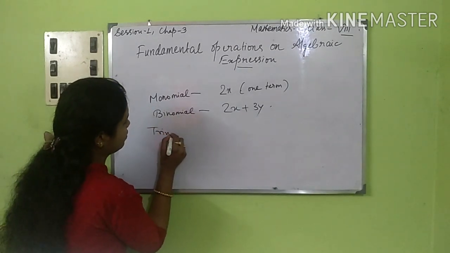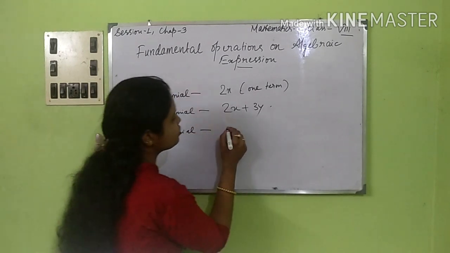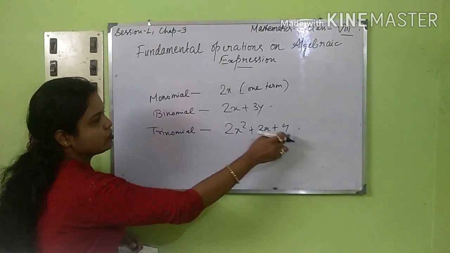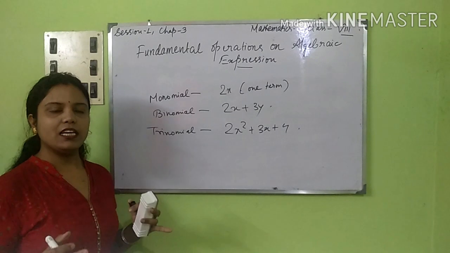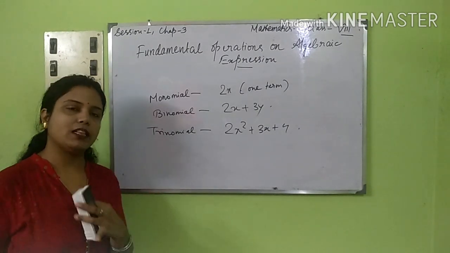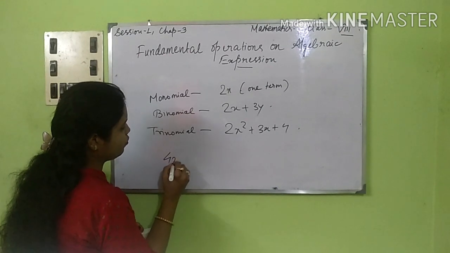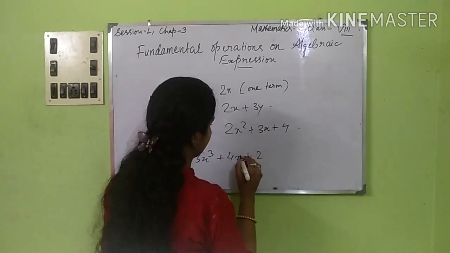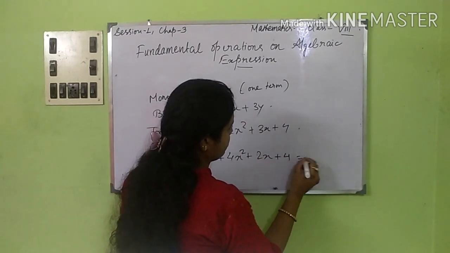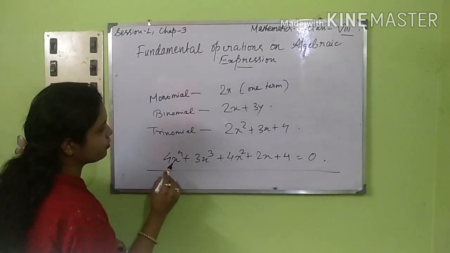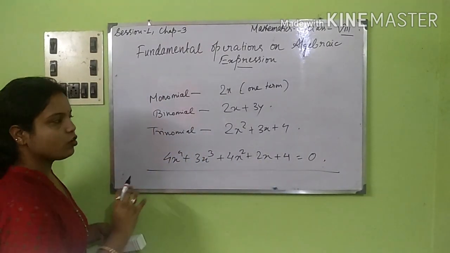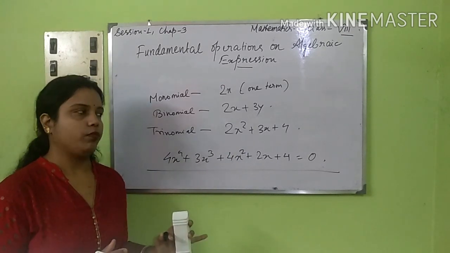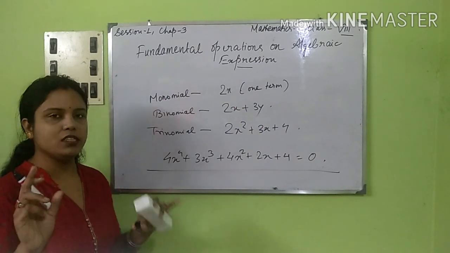Third, trinomial. Trinomial is the one which has three terms in it. Three terms, see? So that is known as trinomial. Basically, whenever we say more than three terms, we call that a polynomial. Suppose for example 4x to the power 4 plus 3x cube plus 2x plus 2. In this particular equation, there are so many terms, 1, 2, 3, 4, 5, right? So more than three terms, we call those equations polynomials. Needless to give any names to it, just polynomials.